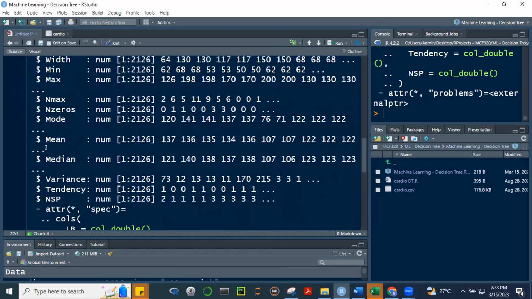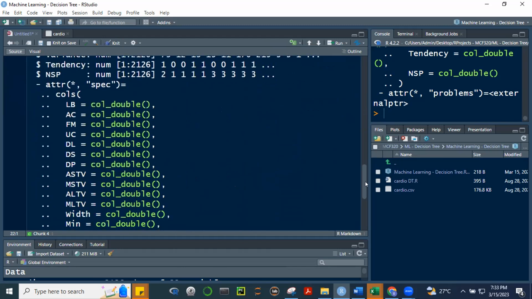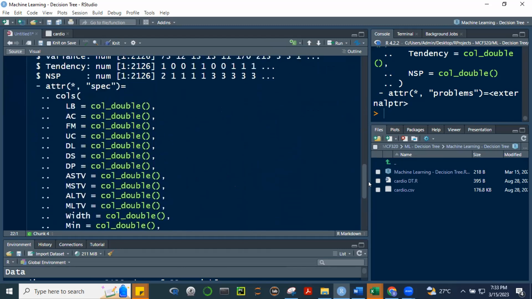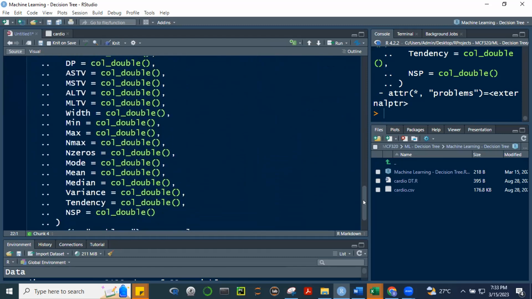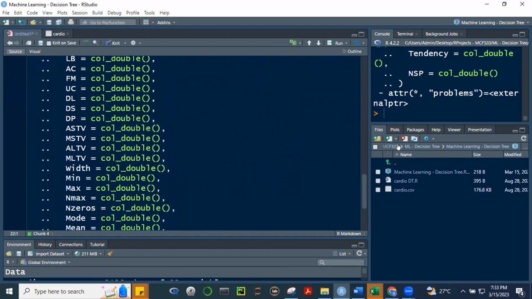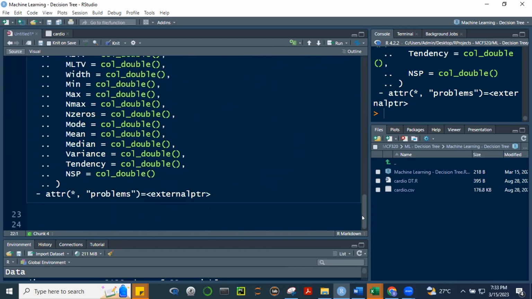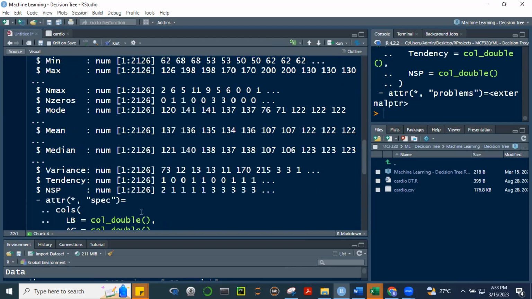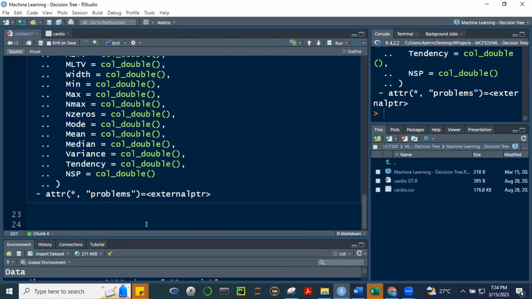Okay, tapos may kasama mga stat, no, mean, median, variance. Okay. And then here you can see yung data type niya. LB is double, which means numeric siya, no? Column numeric, column double. So all of these are double. Even NSP, no? Si NSP is numeric, which is supposed to be factor siya, di ba?